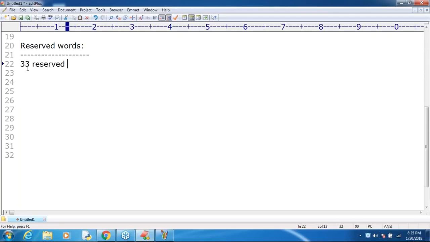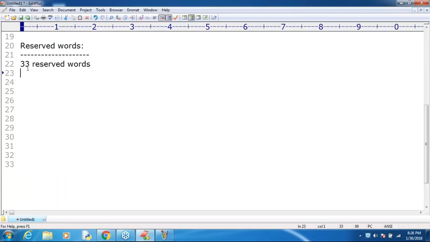If you are aware of these 33 reserved words, then automatically Python is completed, sir. Python programs, the Python language, revolve around these 33 reserved words only. Remember that.